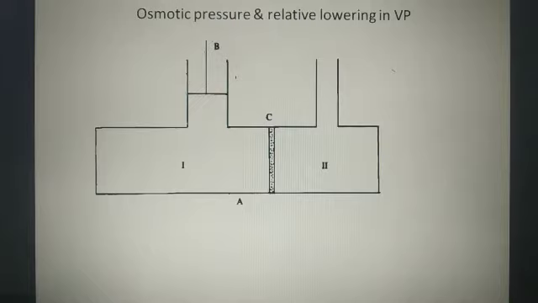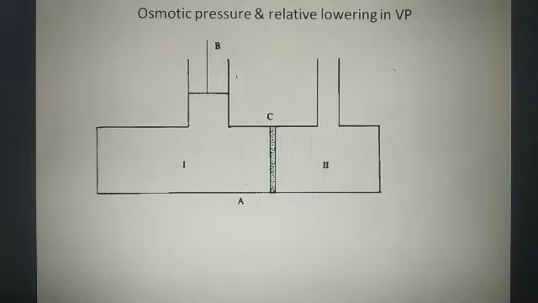In the earlier lectures, the discussion was around osmotic pressure and how it is related with the relative lowering in the vapor pressure. Osmosis, you know very well, whenever a solution is in contact with the solvent in which the solute has been dissolved or the solution has been prepared, then pure solvent crosses from one side to the other side.